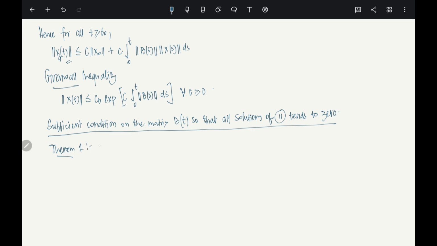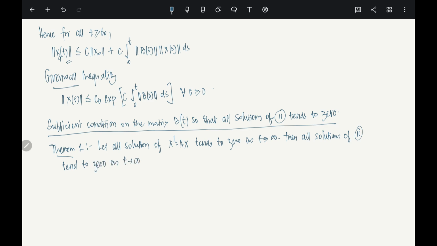So see, let all solutions, again this is exactly the same sort of thing. Let all solutions of x prime equals Ax, this system, tend to 0 as t tends to infinity. Okay, then all solutions of the second system tend to 0 as t tends to infinity, provided